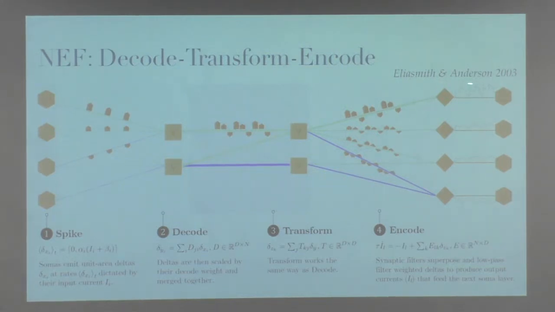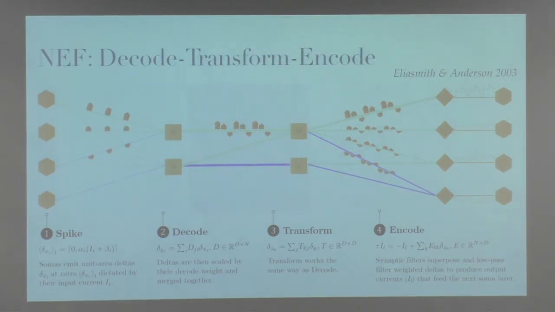And then at the end here, you go through a synapse, but this is a dynamic synapse. So it converts those spikes into these current waveforms that drive the neurons to spike, and you're back here. And of course you solve for these decoding weights using that pseudo-inverse approach that I described.